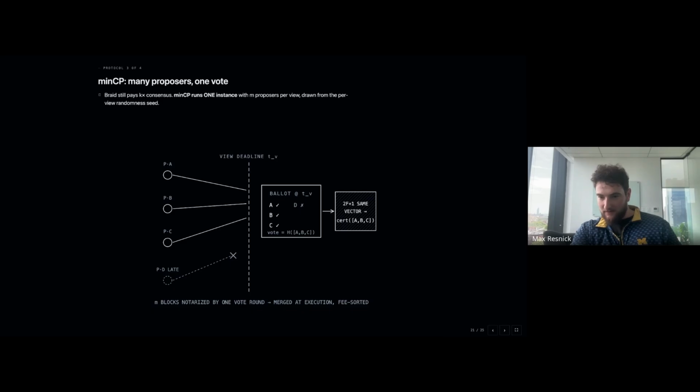I would say the biggest advantage of this approach is that it is very simple to do. It does not require consensus changes whatsoever, except for this change that we're signing this vector of block IDs instead of one block ID. And so the consensus side of the change is very simple. That's the biggest advantage of this. And it doesn't introduce a bunch of extra vote traffic.